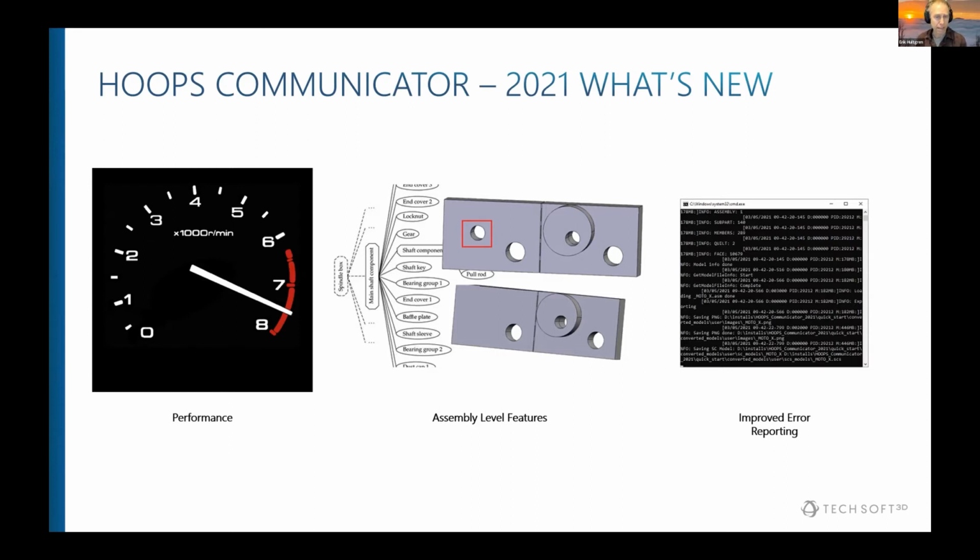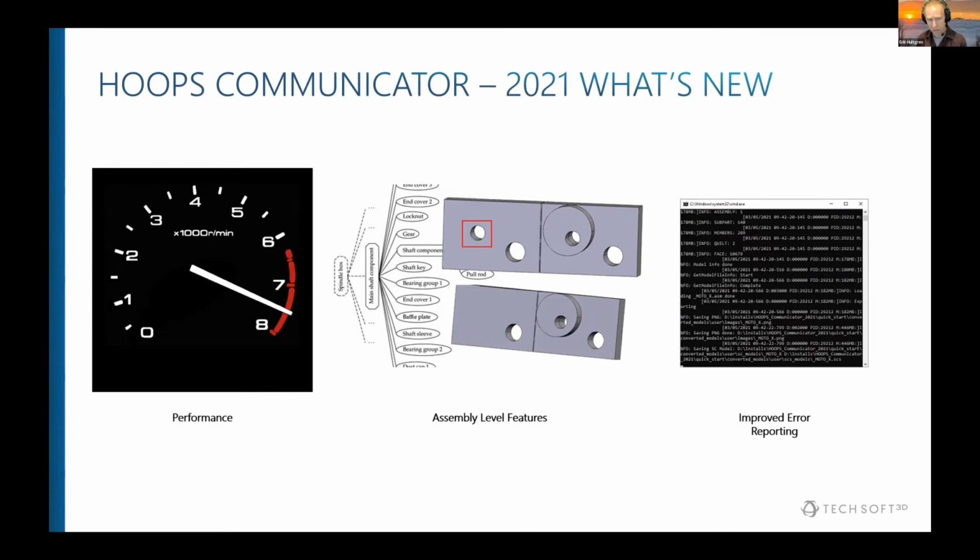Another thing that we added last year for our partners in the PLM space specifically was support for assembly level features. The idea being, of course, for those not familiar with it, an assembly can actually define different geometry for a body that gets used multiple times in the assembly, and it may have different representations. Some of our workflows, especially those that have been adopted in the PLM PDM space, didn't support it. They do now. And the big problem, if you're not familiar with it, was that when a user pulls down that model, if it had the wrong geometry, they immediately question our partner's application. So now we've removed this problem so that what they see is what they are supposed to get.